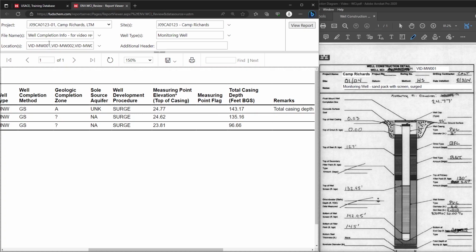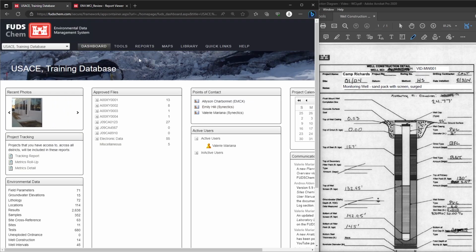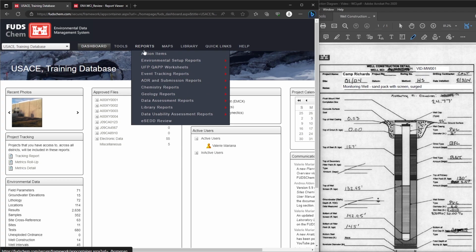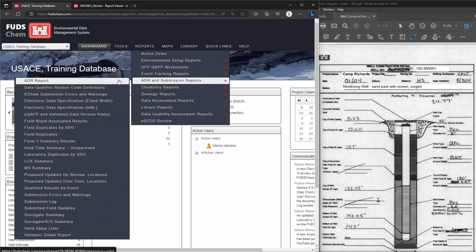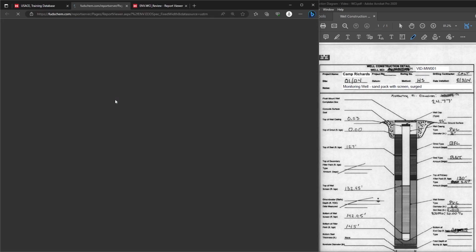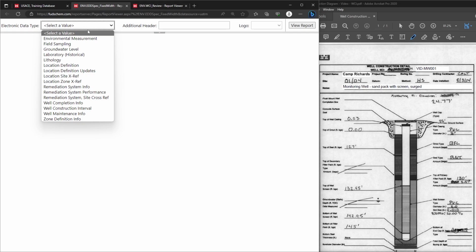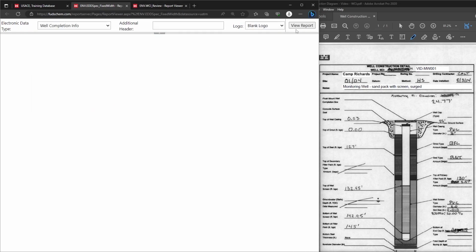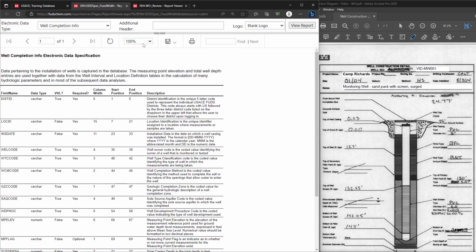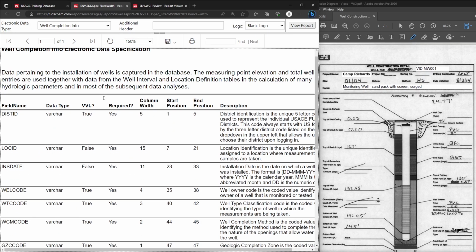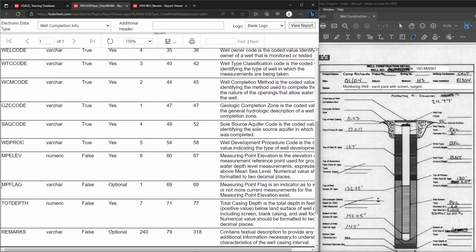We can check whether or not a field is optional by reviewing the data specification under Reports, ADR and Submission Reports, Electronic Data Specification Fixed Width. Choose the desired data type, in this case, Well Completion Info, and click View Report. We can see that MP flag is an optional field that indicates whether or not more current measurements for the